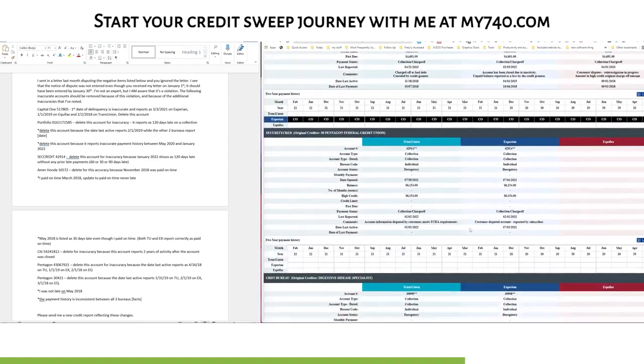Okay, so how about this one? This one says that the account information disputed by consumer meets FCRA requirements. All that means is it's the notice of dispute. And they said that it's correct, you're wrong, tough cookies, start over again. So because of who this is, the actual debt buyer, this is not something that you would ever use a validation of debt on. So we're actually going to go after